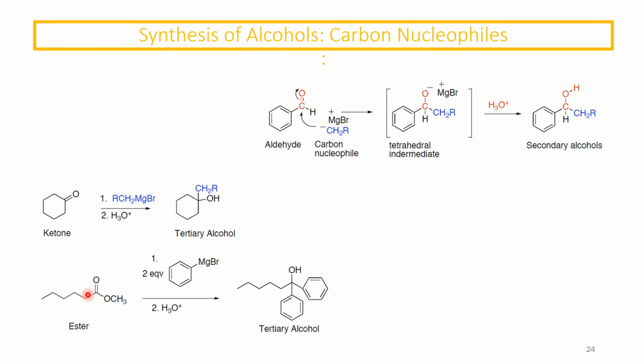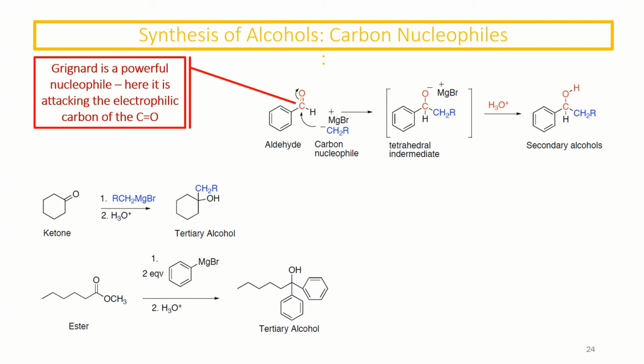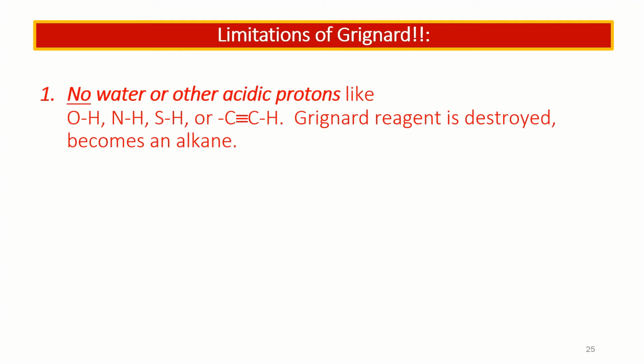And here we have an ester, which gives us a tertiary alcohol. The mechanism of this we will focus on in second semester organic chemistry. The limitations for the Grignard is quite simple. You cannot have any acidic protons around because your Grignard will die